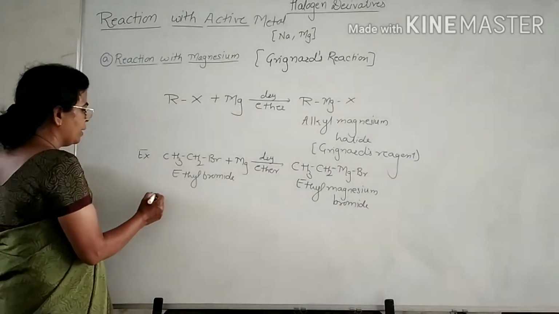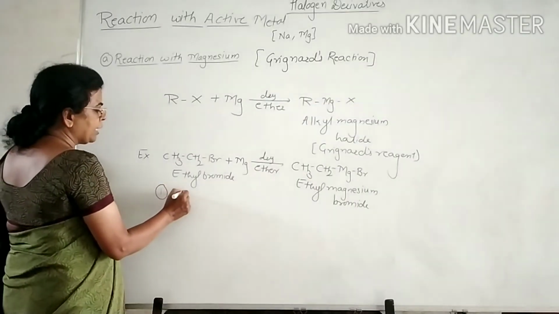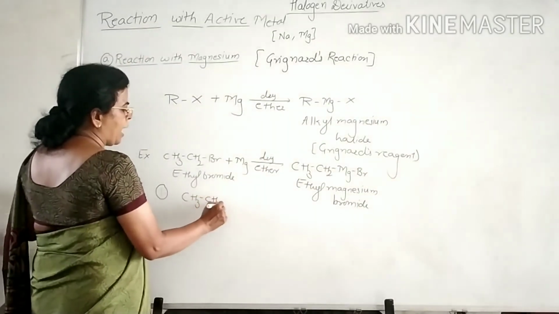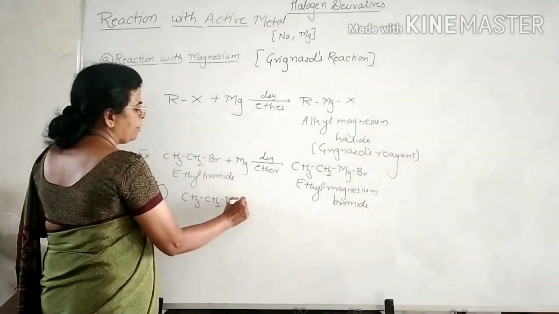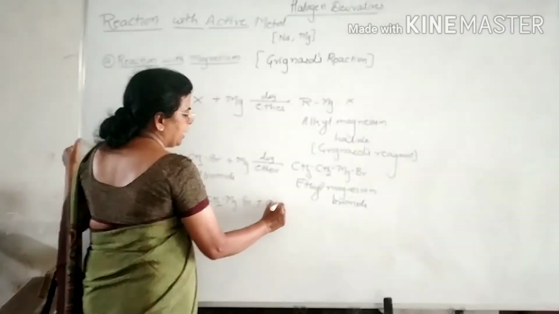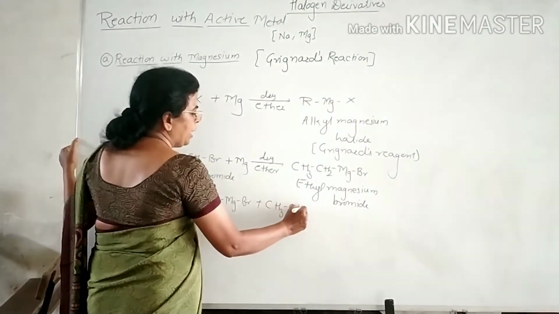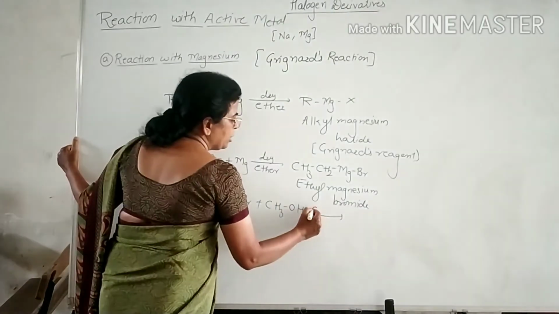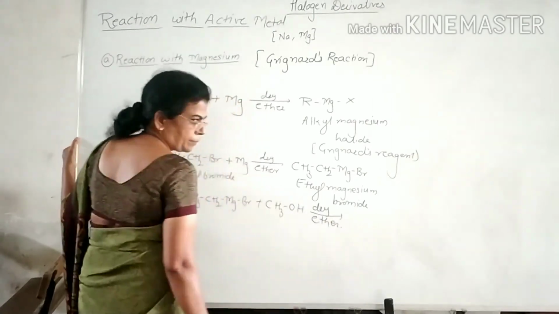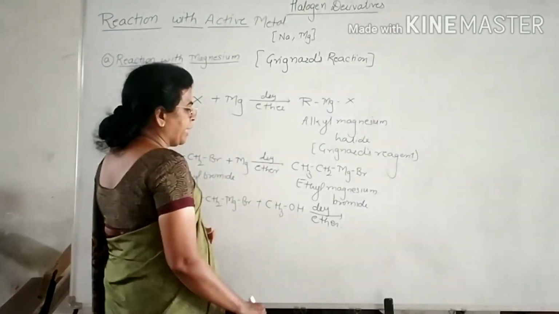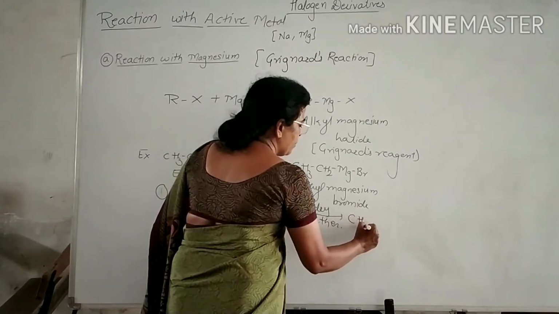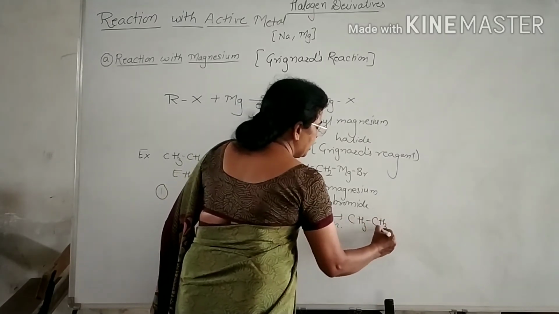For example, first, when this Grignard's reagent, that is CH3CH2MgBr, ethyl magnesium bromide, is reacted with methanol, that is CH3OH, this reaction must be carried out in dry ether. Then you will get CH3CH3, that is ethane,